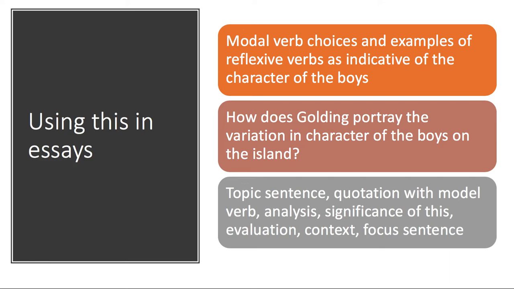If we move on and think about how we could use this information in essays, it's really useful to have some very concrete examples of AO2. We can all make really excellent points about what happens in the novel, but when we want to think about Golding using language, it's really useful to have a few little tricks or quotations just up your sleeve that you can bring out and that you compare with terminology, and also, importantly, link those to the writer's message and bring in some AO3. So if we're thinking about a question, how does Golding portray the variation in character of the boys on the island,